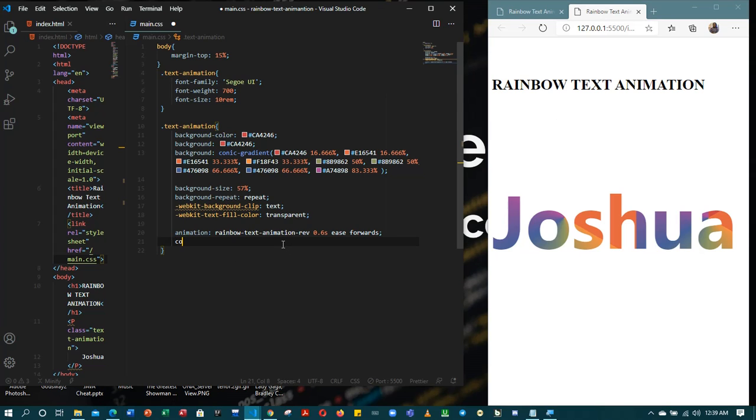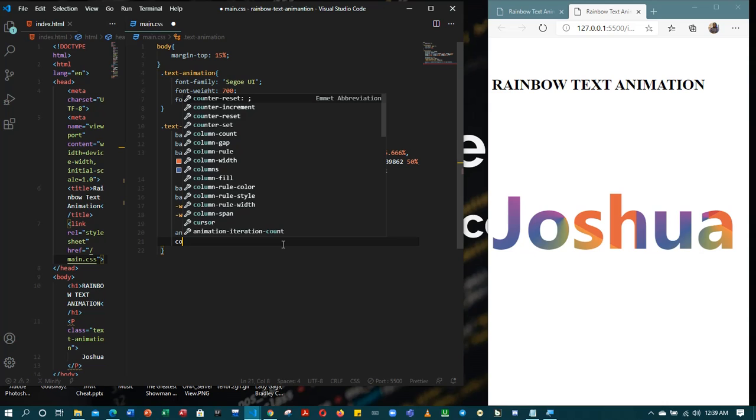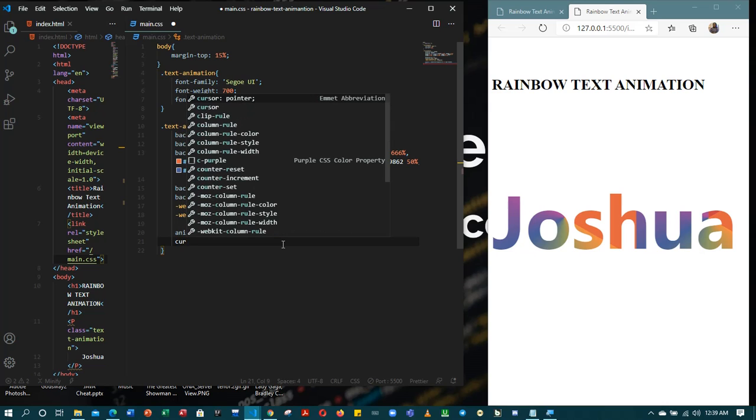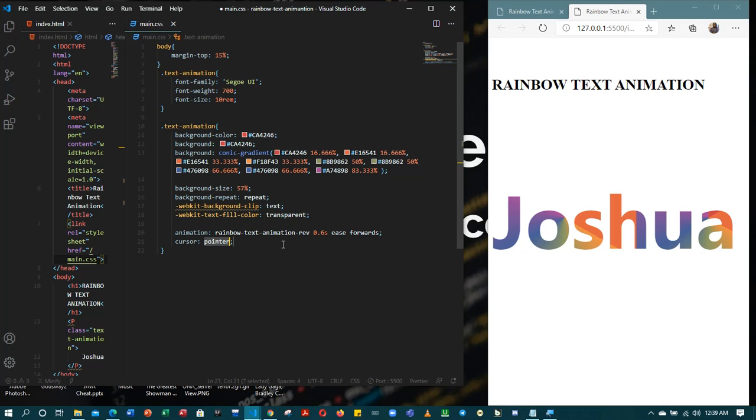So cursor pointer. Yes, so it should be a pointer. Now, as you can see, it's a pointer now. Good. So you are done with the first phase. Now what we'll be doing is that